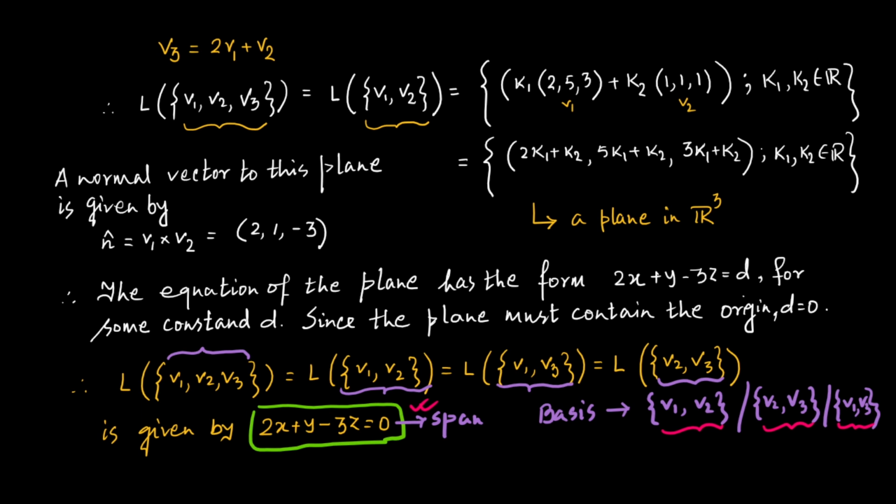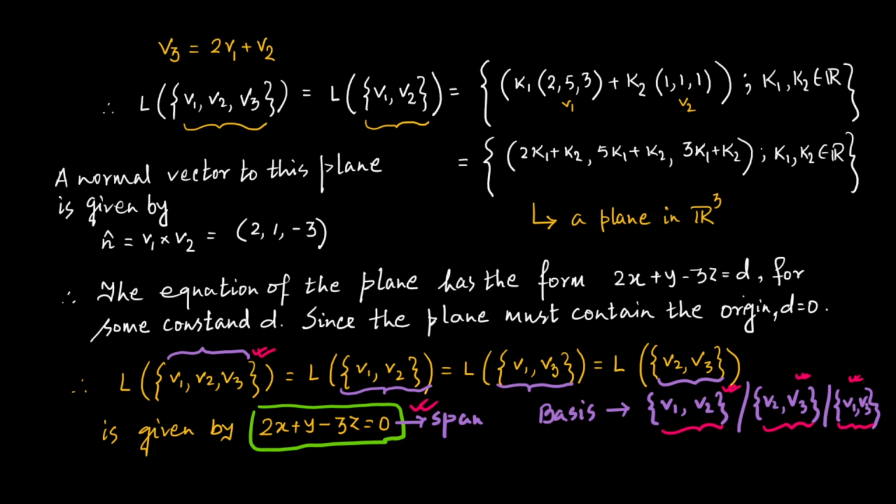Now, why have I said maximal? Maximal I have said because each of these three are maximum in a sense that if you add one more vector to these sets, your sets will become linearly dependent. So the maximum possible number of vectors that can be chosen out of these three vectors to form a linearly independent set is 2. Now here each of the sets is containing two vectors. So if you add one more, you will lose your linear independence. So in that sense, each of these sets is having the maximum number of linearly independent vectors.